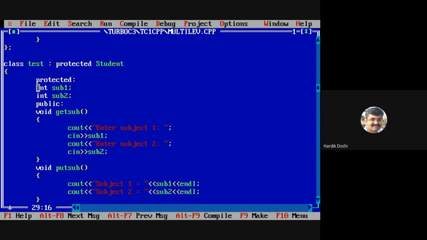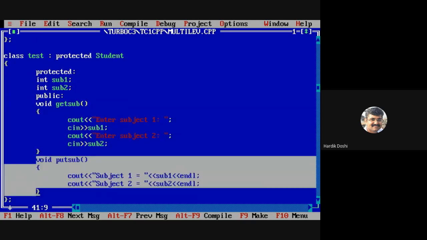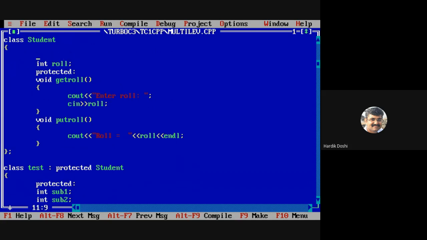One thing in the test class: the test class has two functions, that is get sub and put sub. Both of these are public. Now see the structure, compare it with student. Sorry, I made this mistake also. This should be kept public. Yes.